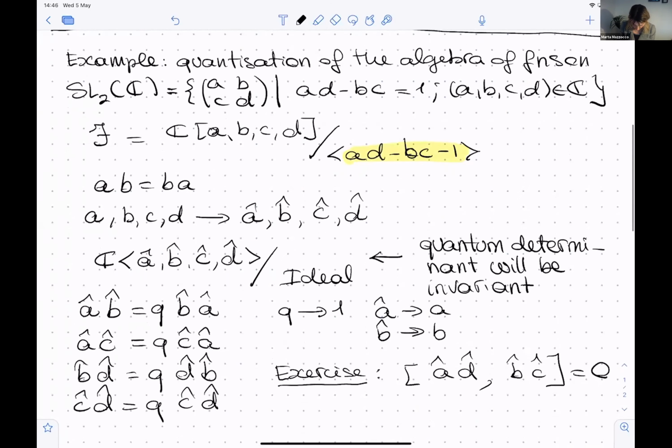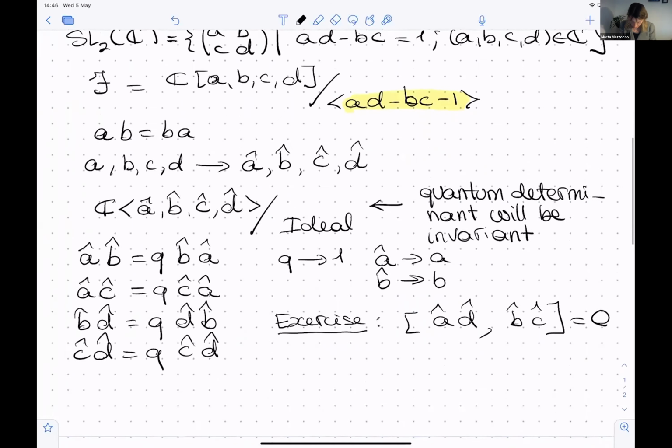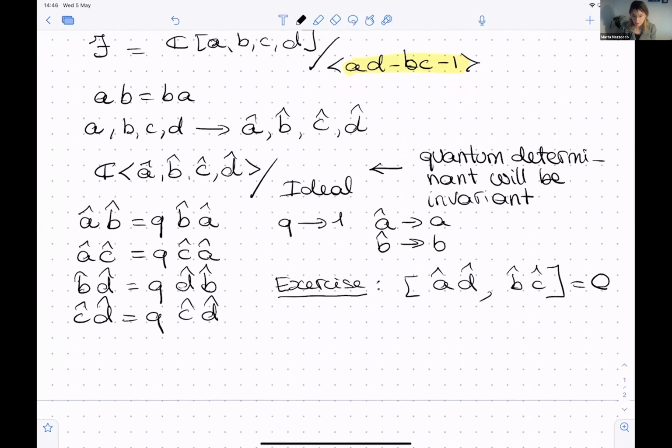So now we could keep going. So far I've just given you the relations between A, B, and C, or D, B, and C. We didn't look at how A and D do, or B and C do. And the point I'm trying to make is that we have essentially no freedom left. We have very little freedom left.